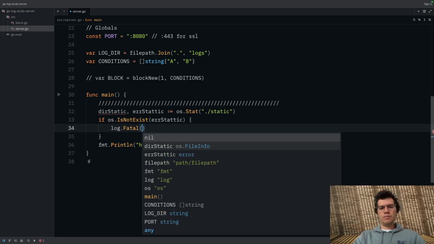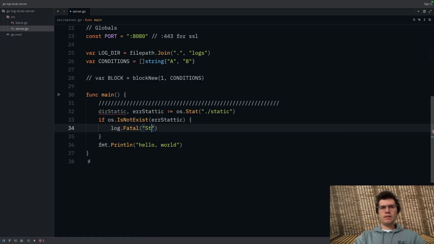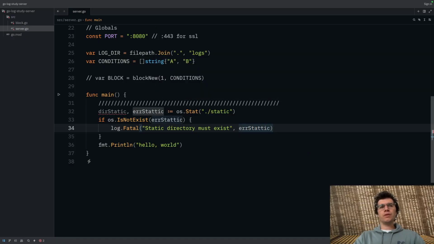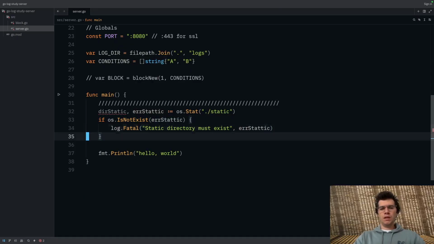Oh yeah, sorry. So then we can do something like static directory must exist. So we're not actually making it. We're saying if it doesn't exist, then this server really isn't going to work very well.